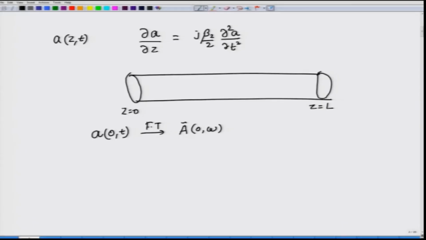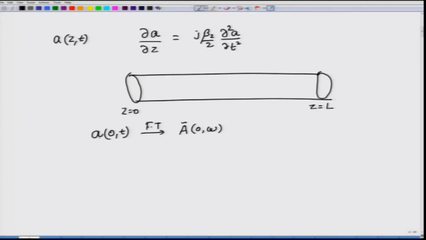But when you actually look at this beta 2 term, you need to keep in mind that this beta 2 is a parameter that is measured around the center of the carrier frequency, or rather at the central frequency or the carrier frequency. Anyway, so you start with the pulse in the time domain. I will call this Td just to indicate that this is in the time domain, this is in the frequency domain, and then what do we do? We multiply individual frequency components by this term, e to the power minus j beta 2 by 2 omega square, but what else am I going to measure? Of course, I should write z, or z equal to L, which will cover the propagation from input to the output,